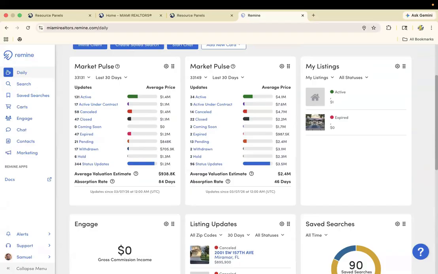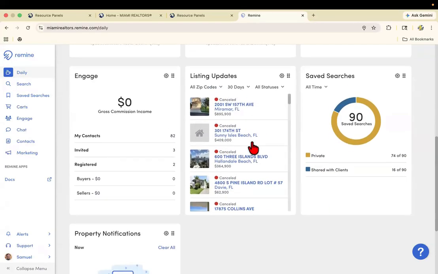When you see listings here under this section, it will show you any listings that you've saved directly to a cart, including active listings, anything that was off of the market, anything under contract, any listings that you save in a cart. If that listing agent makes any modifications to those listings,